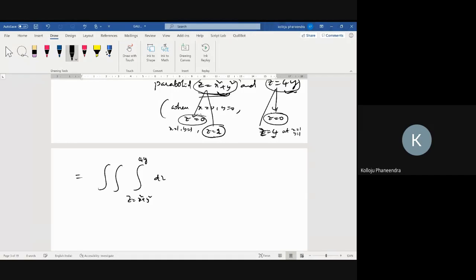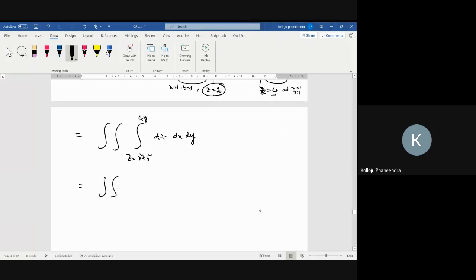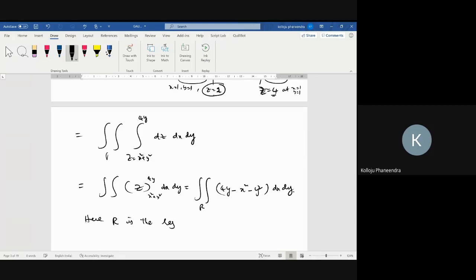Just dz dx dy. I will write the limits of x and y later on. So what is this equal to? Double integral, z between x square plus y square to 4y, dx dy. Double integral of 4y minus x square minus y square dx dy. Here let me take R. R is the region